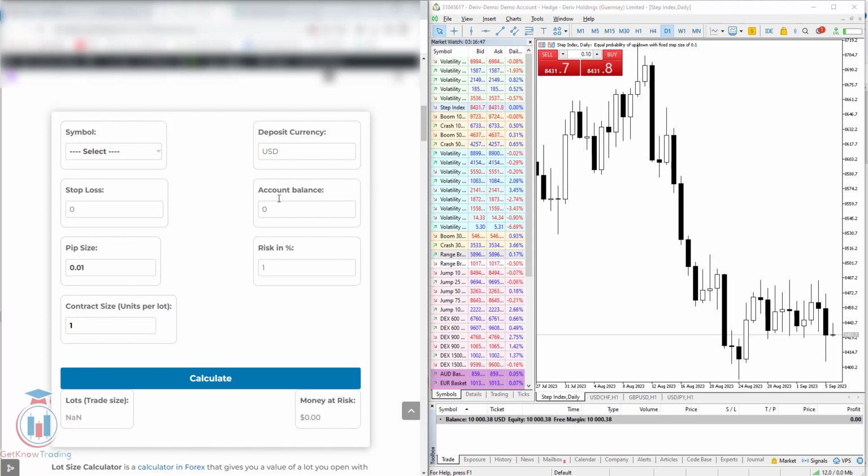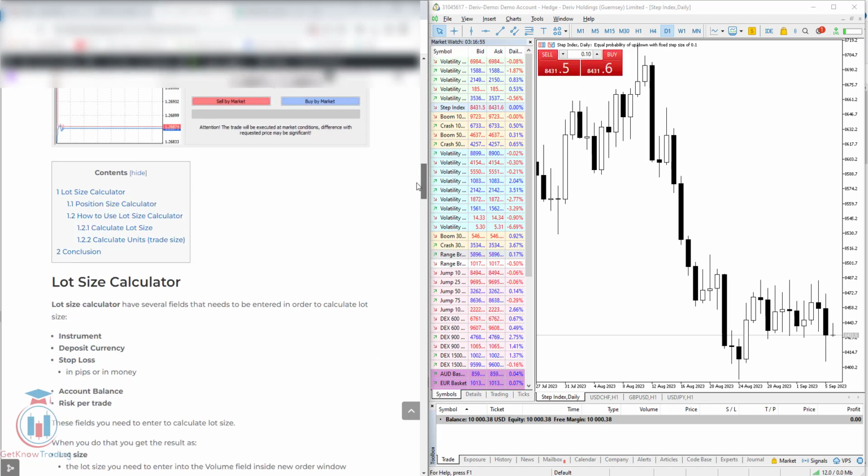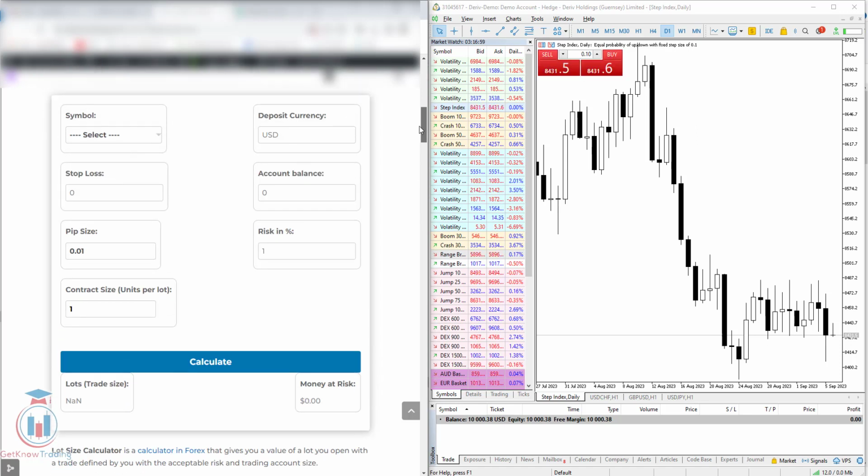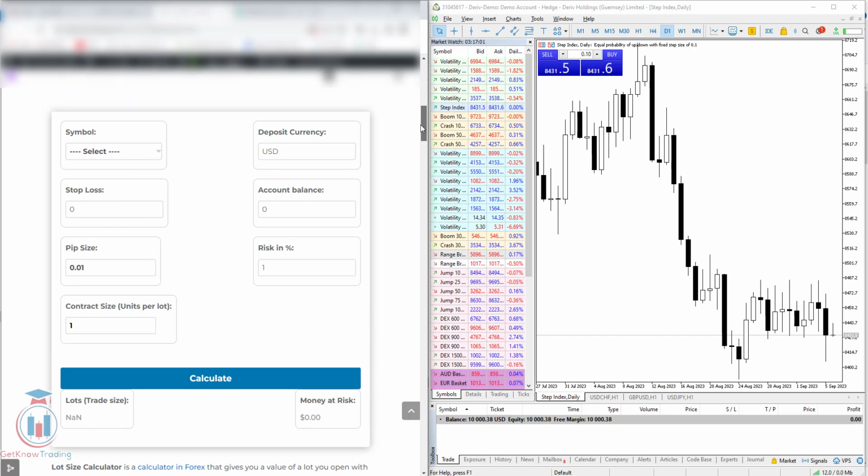this website page where you will have on the top this Synthetic Indices Lot Size Calculator with all the fields, but also you will have an article below that where you can see all the details that are needed to understand how to use it, and also you will see an example in trading by using this lot size calculator. First of all, let me show you all the details and also the fields here inside the Synthetic Indices